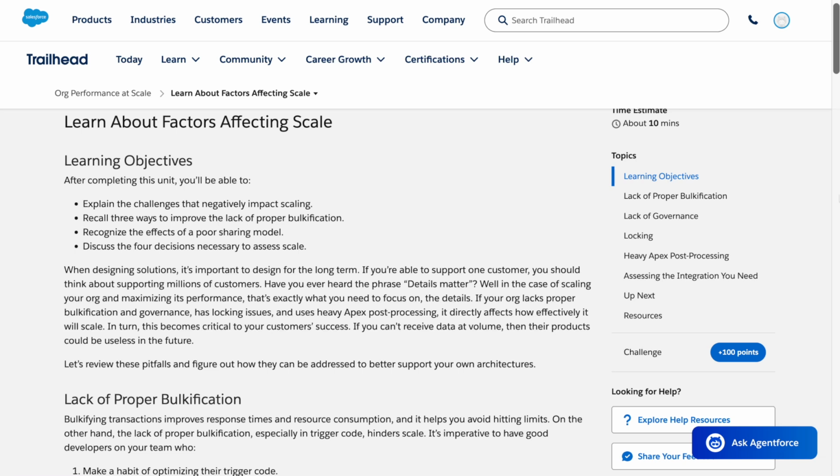When designing solutions, it's important to design for the long term. If you're able to support one customer, you should think about supporting millions of customers. Have you ever heard the phrase, details matter? Well, in the case of scaling your org and maximizing its performance, that's exactly what you need to focus on,